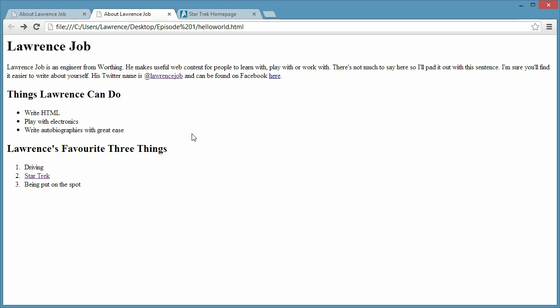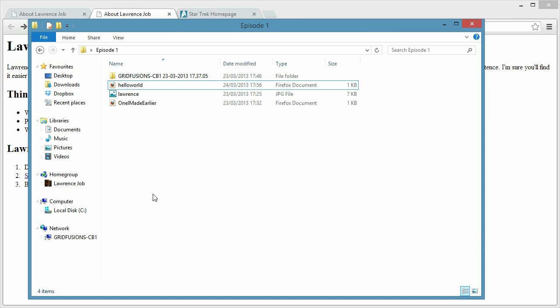There was one more thing on our example page that we haven't done yet, and that is import an image. So, if you have a picture on your computer that you want to share as part of this web page, simply move it into the same folder as the page, like I have done here. My one is called lawrence.jpg, and that's all you need to do to prepare. Now, go back to Sublime,